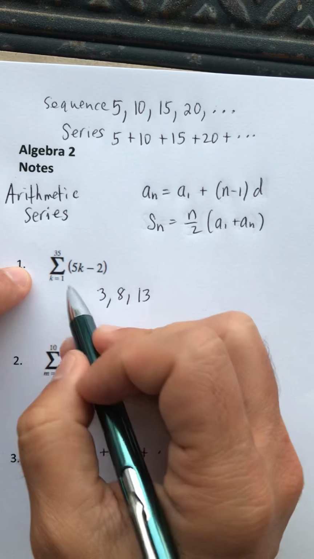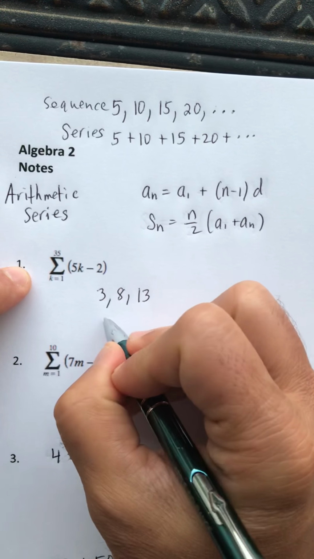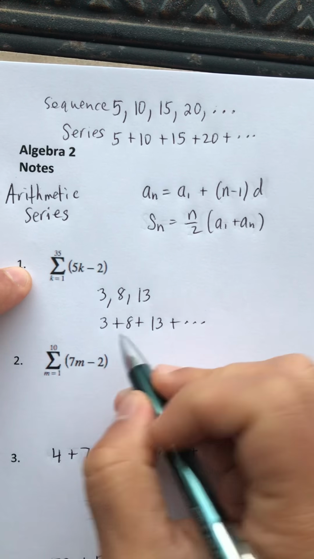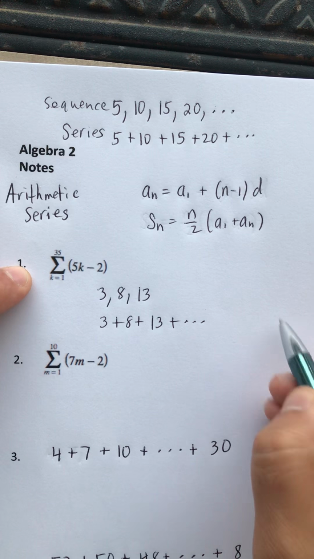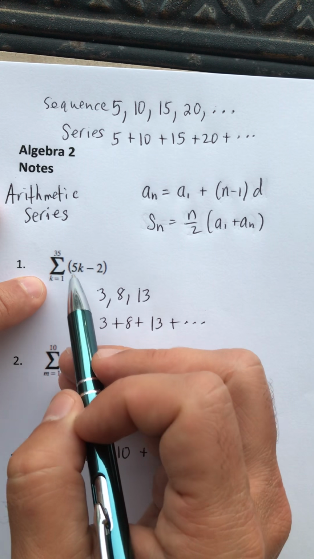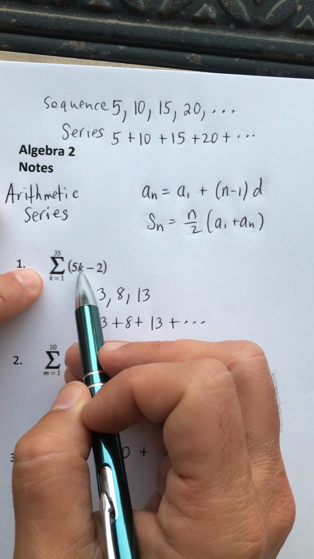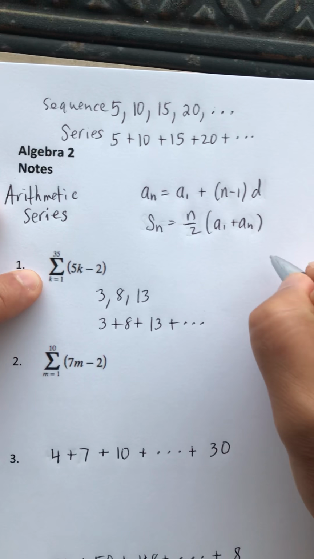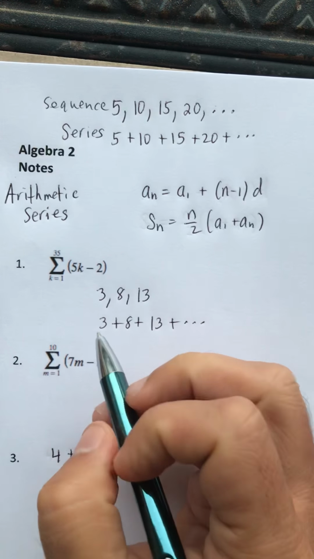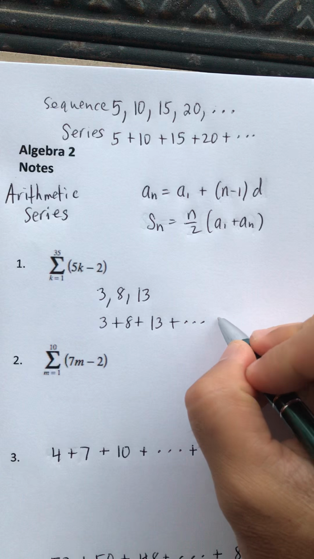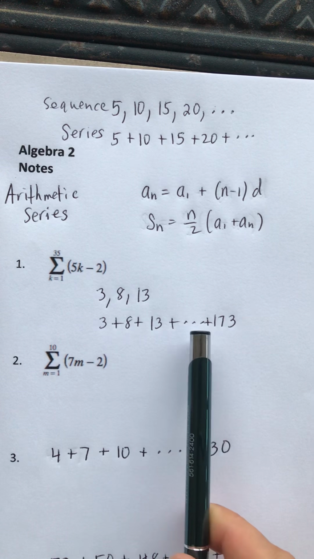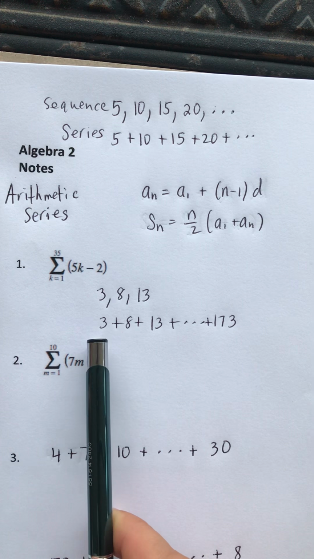But we want to add up these numbers. We want to find the sum. So we want to add 3 plus 8 plus 13 plus all the way to the 35th term. Well, we can find the 35th term, right? We can find the 35th term by plugging in 35 for k. So 35 times 5 is 175. 175 minus 2 is 173. So I want to add all the terms of the sequence, the first term being 3, the last term